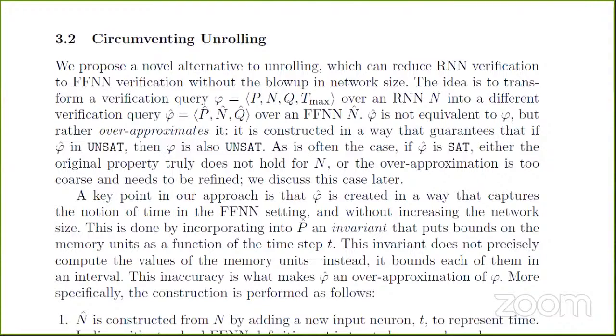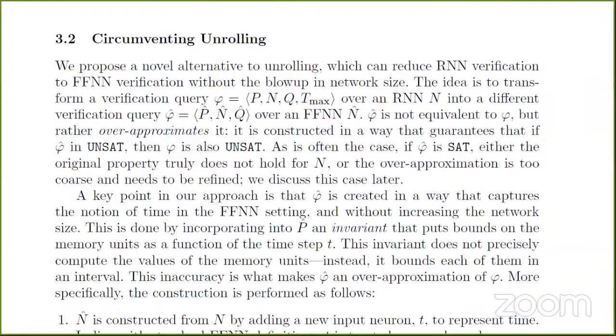Okay, so what they propose is that this 4 tuple gets changed into this 3 tuple. So you have this verification query phi, which changes into phi hat, and you take your p and make a p hat out of it. You take your n and make an n hat out of it, and similarly for the q, you make a q hat out of it, and you use the time somehow in this process such that you capture this thing. Of course, when you're trying to capture, it's not that phi hat will be equivalent to phi. It'll over approximate it,